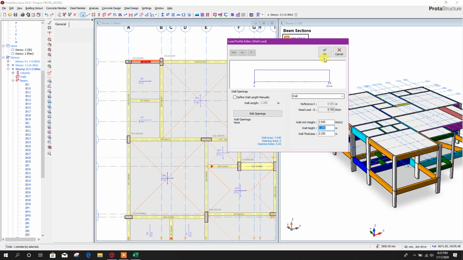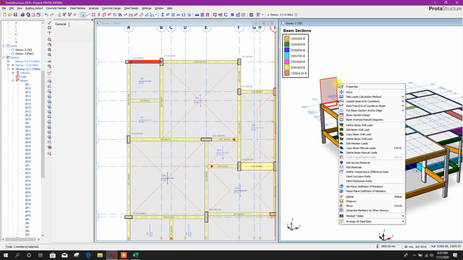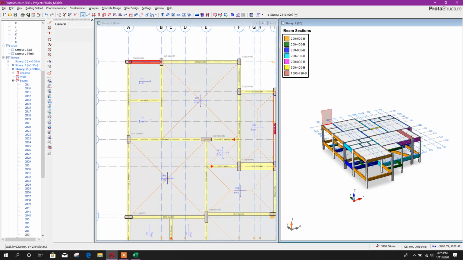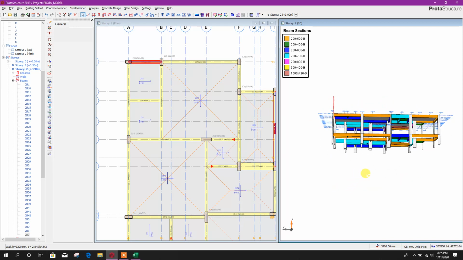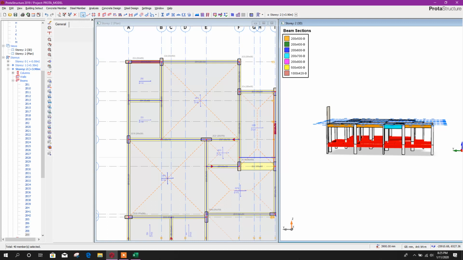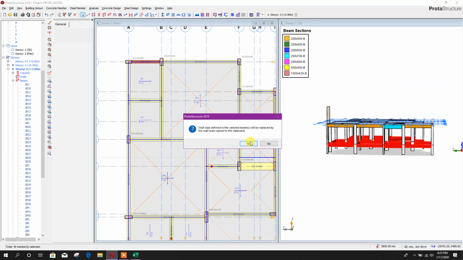Click on OK. Now this one, copy beam wall load. This one we will select all the beams, then right click, paste copied beam load. Yes,